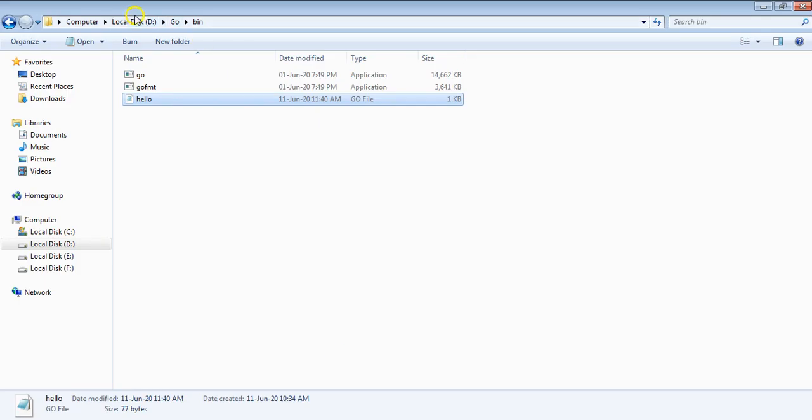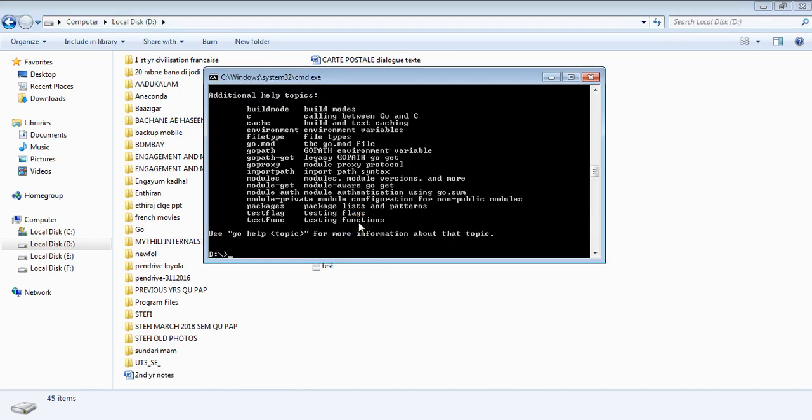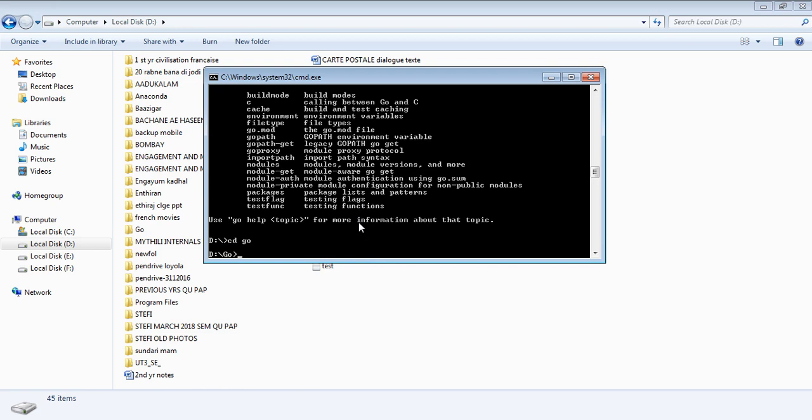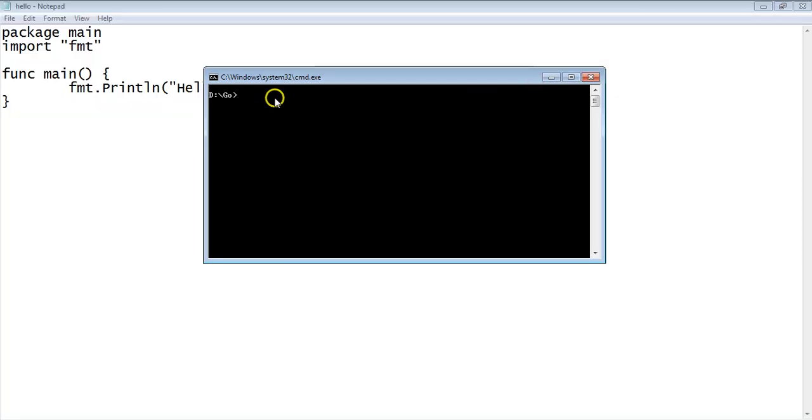Silly of me, I just didn't give the change directory command. Let me make it clear for you. What you need to do is go to this Go folder. Once you go into that one, make sure that you go into this bin folder.